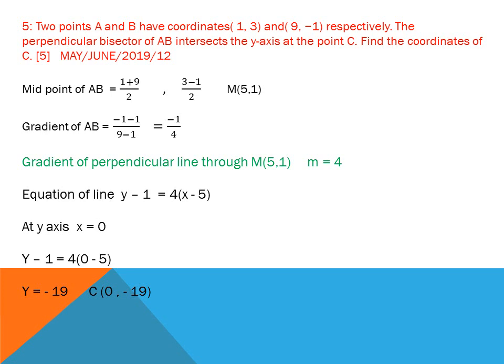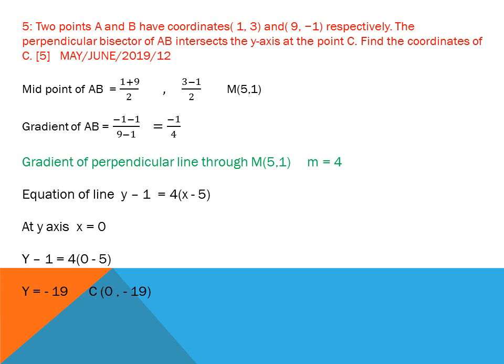Gradient of the perpendicular line through the midpoint. Because the line cuts at the midpoint and bisects, it means it is perpendicular, so the gradient is the negative reciprocal. Then the equation of the line is y − y1 = m(x − x1). I put the value of m by mistake here; when your answer does not match the marking scheme, it is a problem. Here is a little bit of a mistake, the gradient should be as corrected, not as written.